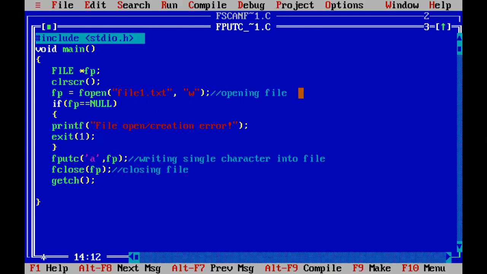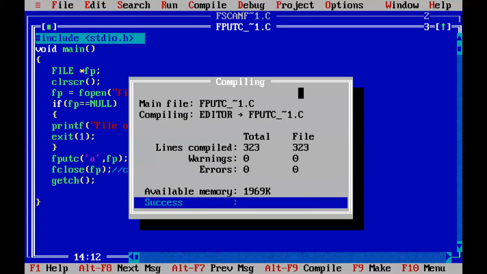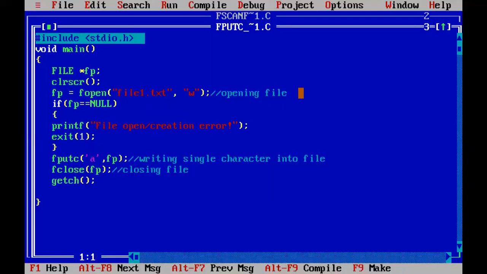Okay, just save it, and compile and run this program. Now we will check that file, file1.txt, whether the file1.txt file was created or not, and whether the data A is in that file or not.